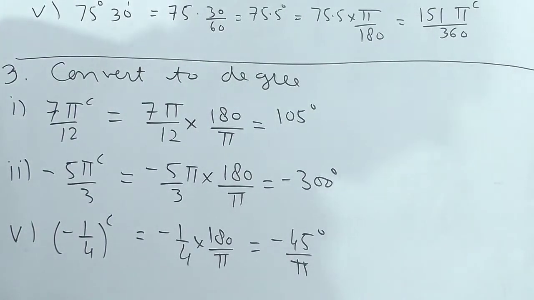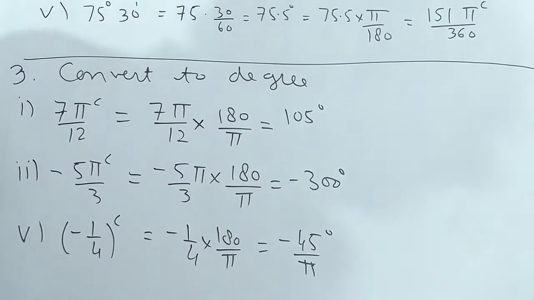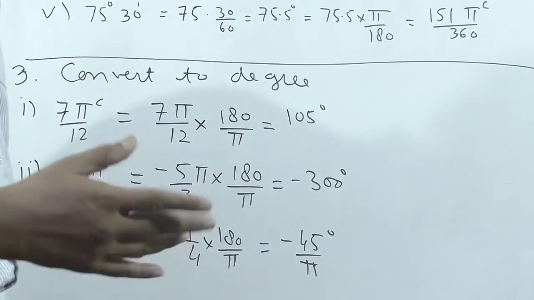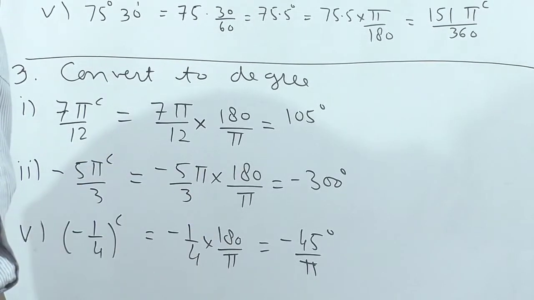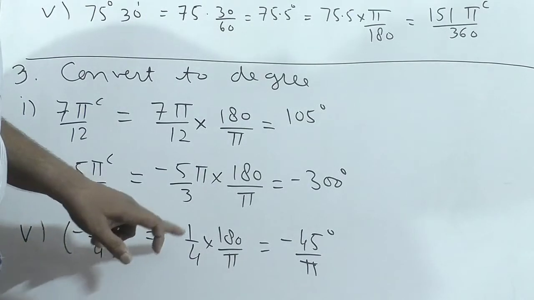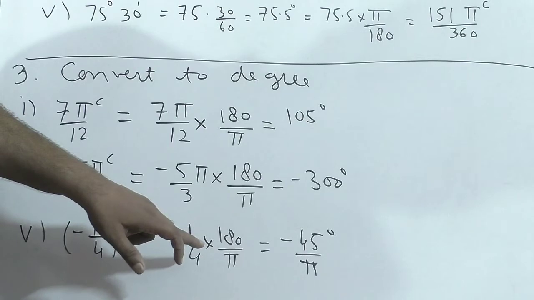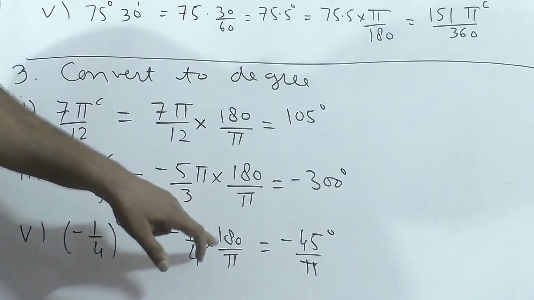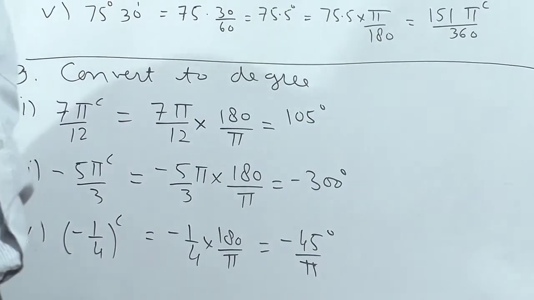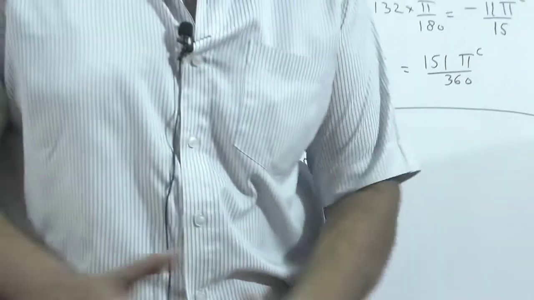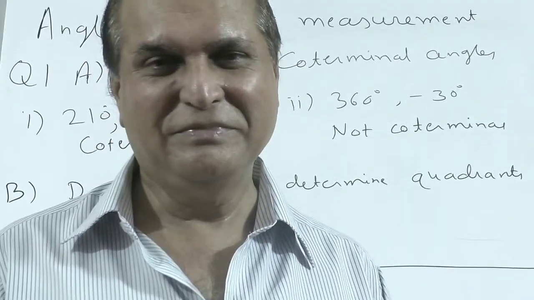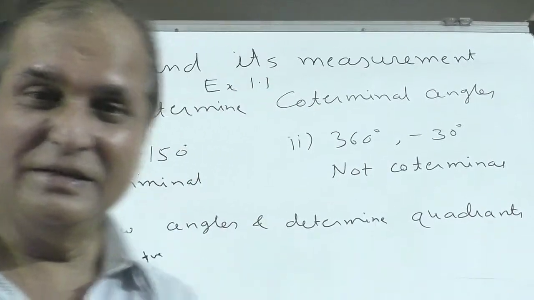Okay? I don't want to waste much time on easy sums. You understand. If you have a problem, you tell me. I will explain in detail. Minus 1 upon 4 radian. Minus 1 upon 4 into 180 upon pi. 4 ones are 4, 4 forty-fives are 180, minus 45 upon pi degrees. Yes, pi is in the degree. Just to confuse you, you don't get confused. I know you are smart. Understanding? See properly.